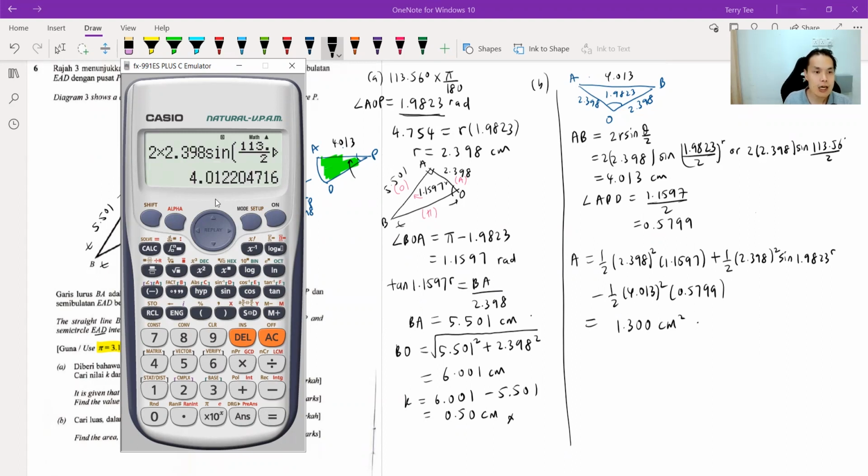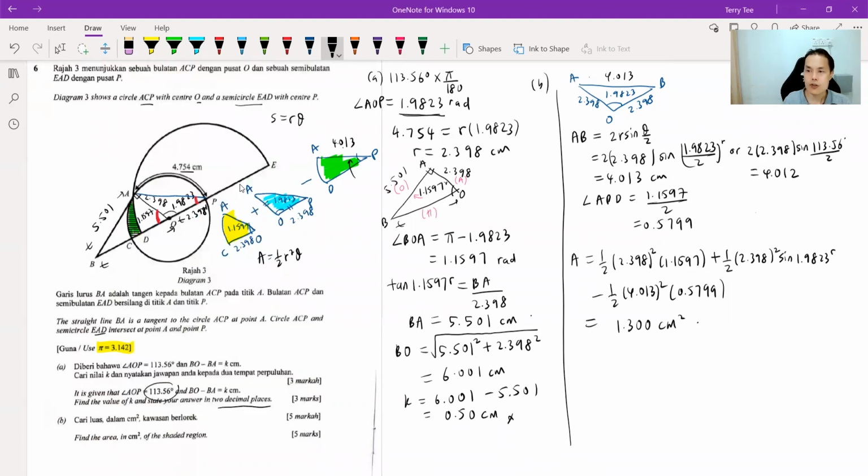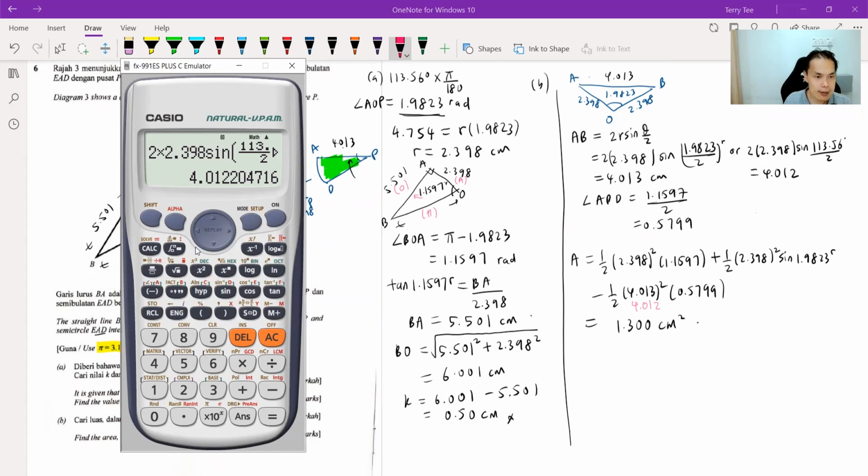All right, so this will give us 4.012. See this? This is 4.012. So when you replace this with 4.012, you notice there is a slight difference in my answer. Now let's go back, wait, let me just do this again. Half times 2.398 square times 1.1597. We add half times